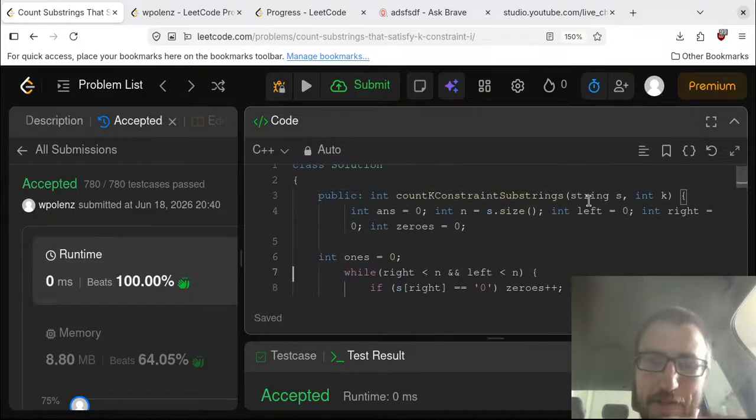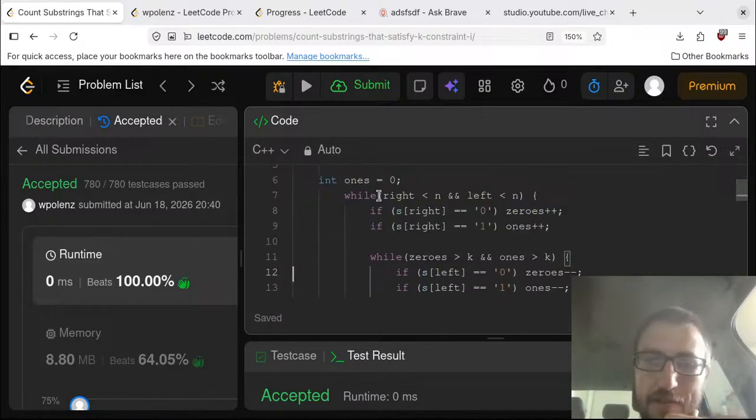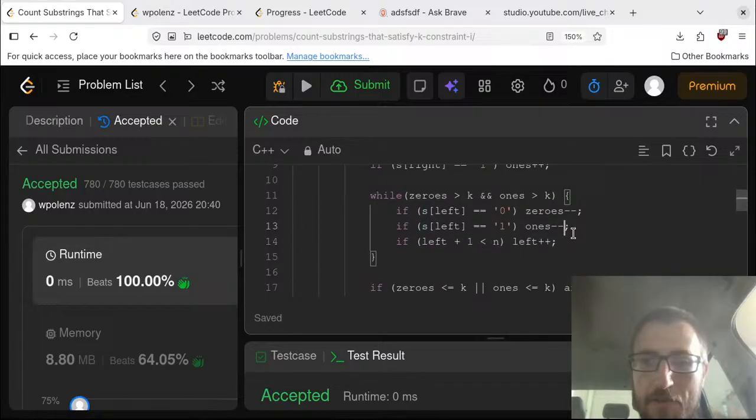So what is it doing? So right and left. Okay. So this will stop once the right side goes off the edge. And then we say, okay, we're going to increment based on the right side. We're going to increment what we've got. So while we're in a state that's basically too far, we're going to move the left side and decrement the zeros and ones, which